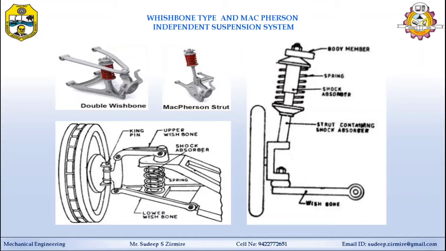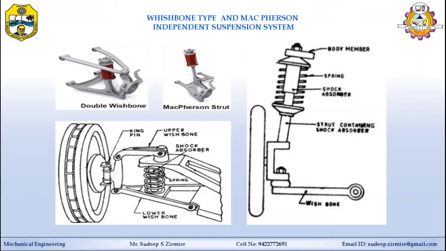But apart from this, the system has disadvantages like the initial cost is high. Greater maintenance is required because of the larger number of bearing parts. Then misalignment of steering geometry increases the wear of components, and it needs more frequent attention, meaning wheel alignment is necessary periodically. Then in the event of body roll, the wheel camber tilts outward in the case of wishbone or MacPherson, due to which cornering power is reduced, meaning at the time of cornering, taking a turn. A more rigid subframe and chassis frame are required for this purpose.